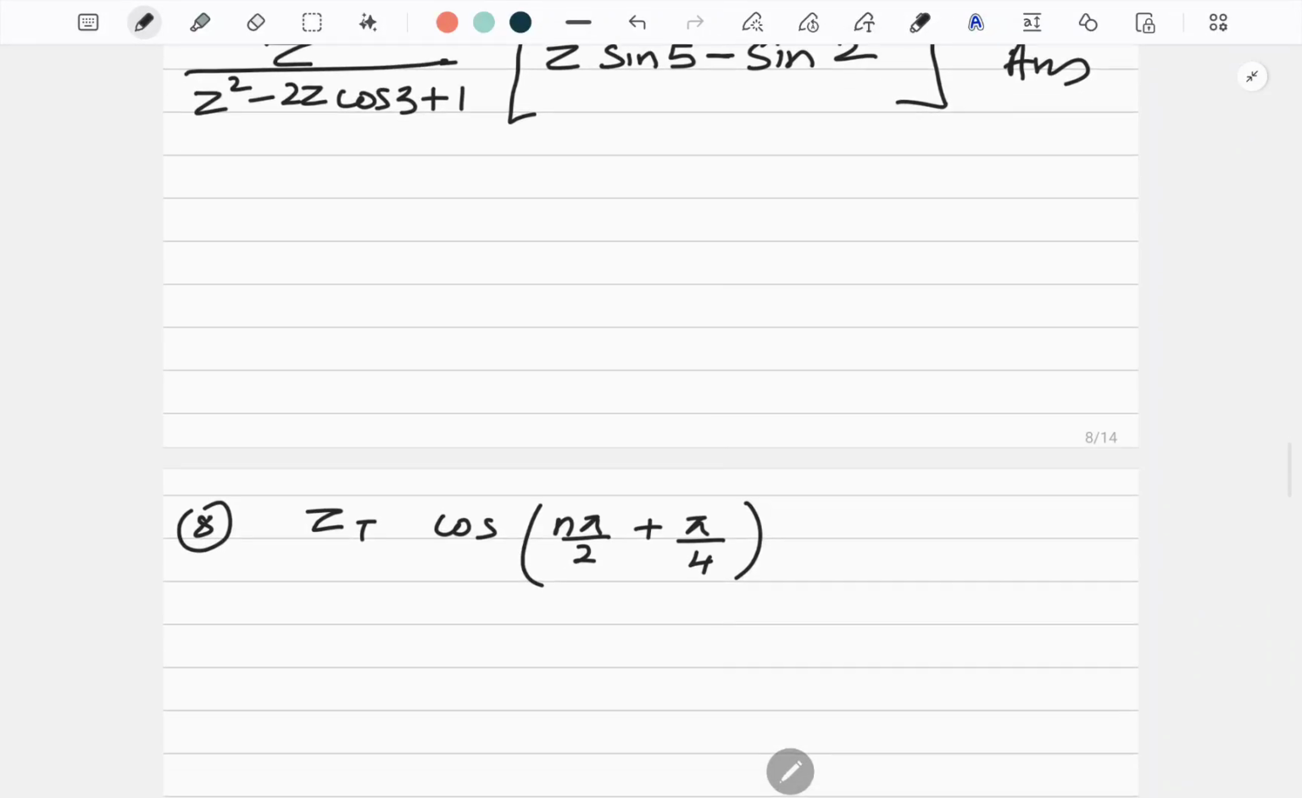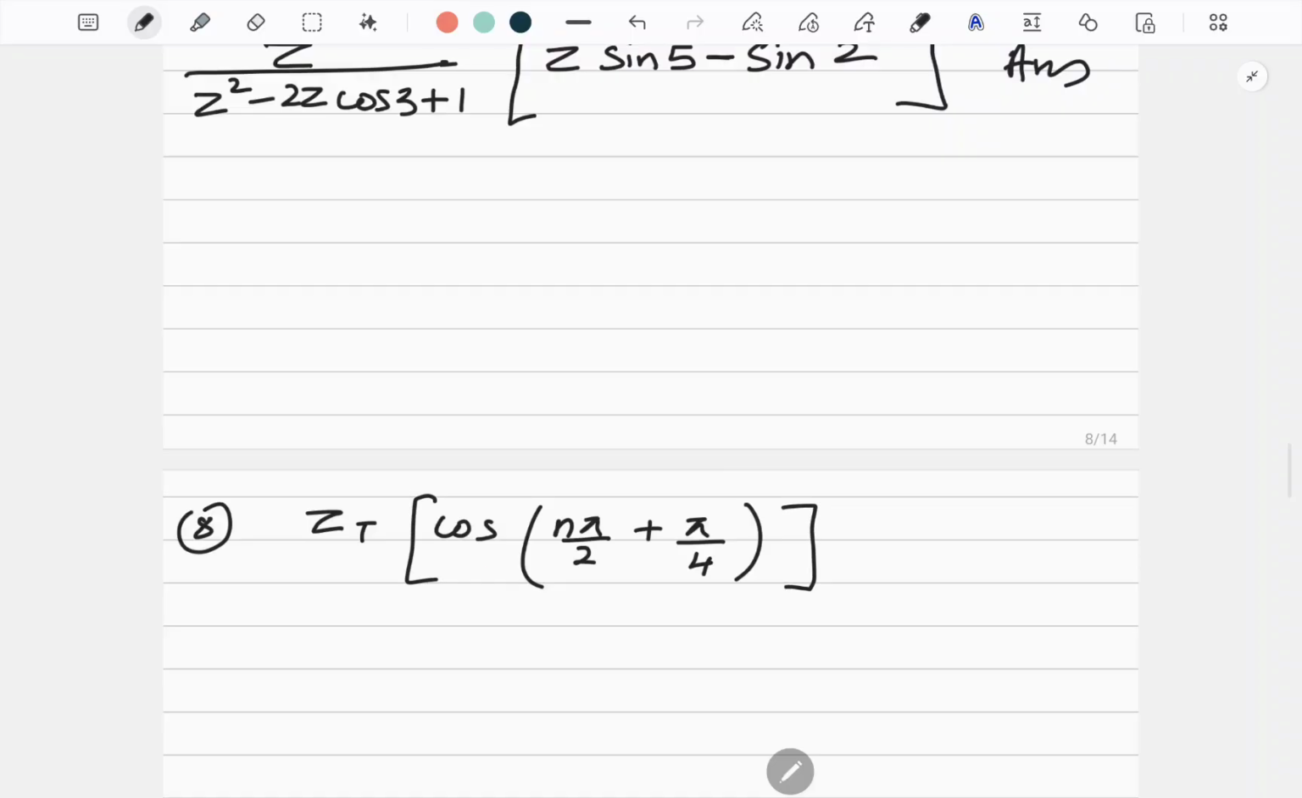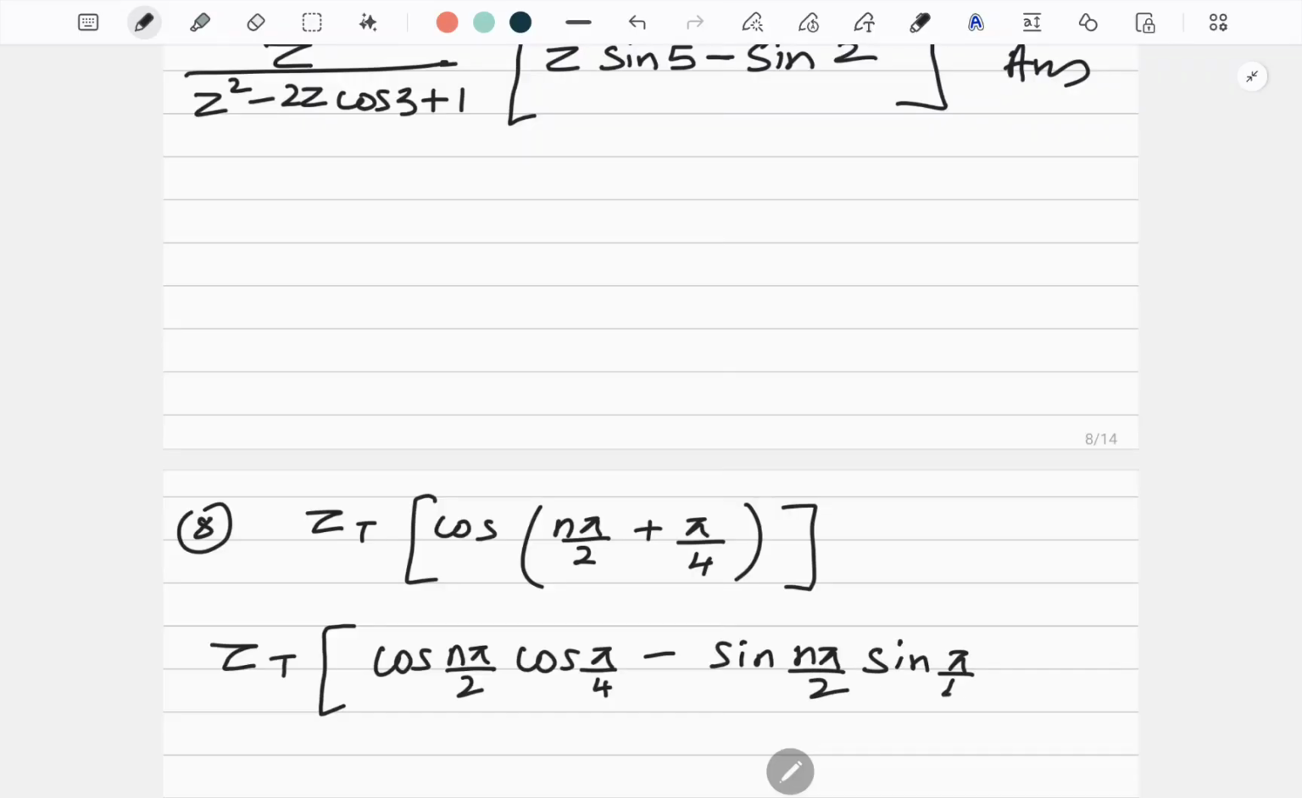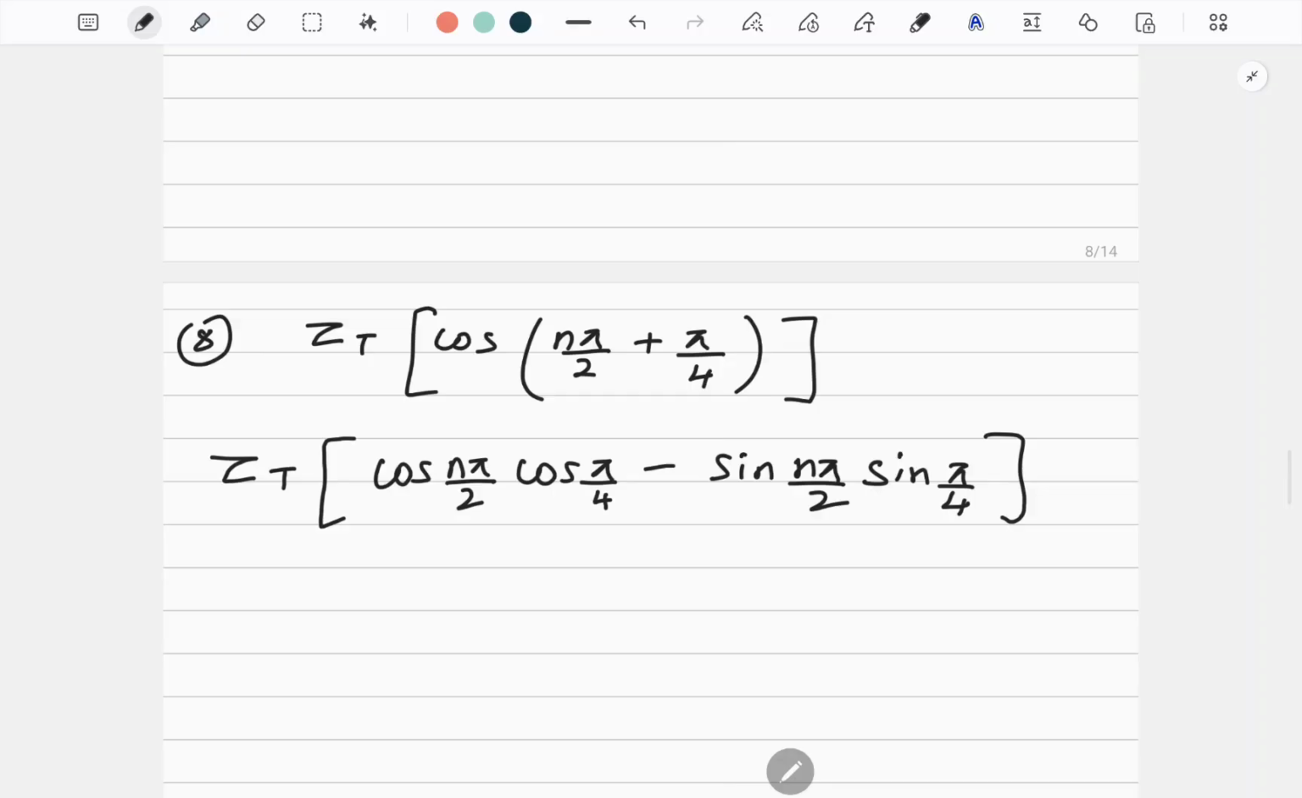Okay. So let's move to the next question. Now look at this question. Again the same category. You just open the bracket. So z transform of cos A cos B minus sin A sin B. Trigonometric formula: cos of A plus B is cos A cos B minus sin A sin B. Now cos pi by 4 is what? 1 by root 2. Sin pi by 4 is what? 1 by root 2. So I can take out 1 by root 2 outside, and inside I am left with